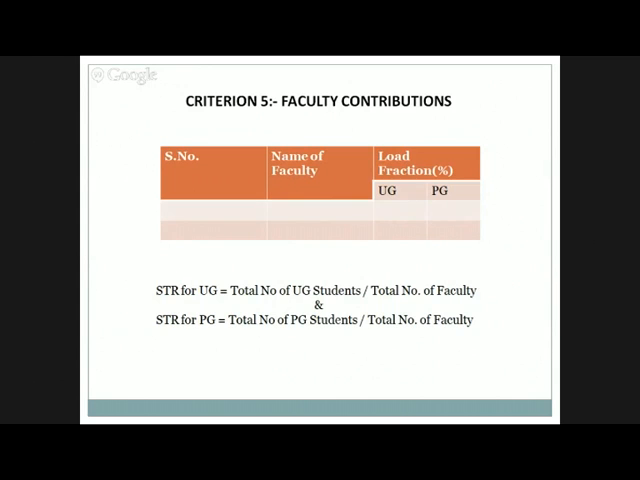In the diploma level, if a faculty is taking 80% classes in diploma level, then in diploma just write 80%, and for the other, in UG level, just write 20%. If you have only one program, so for a one program institution, you just calculate the total number of students and divide by the total number of faculty, that will give the STR. But if you have more than one program, then you have to calculate it on the basis of load fraction. Which faculty are taking how much percentage of classes at UG level and PG level, or at diploma level